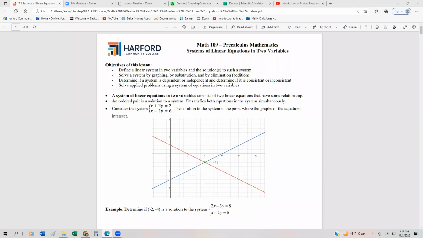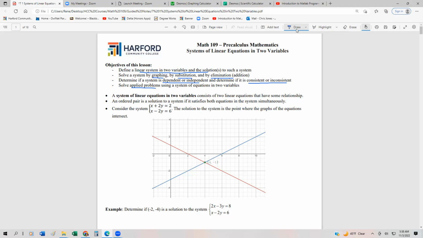In this section, we're going to take a look at systems of linear equations in two variables. The objective of this section is to define what a linear system in two variables might be and what the solutions might look like; be able to solve by three methods: graphing, substitution, and elimination; determine if a system is dependent or independent, and also whether it is consistent or inconsistent. And then finally, we're going to solve applied problems